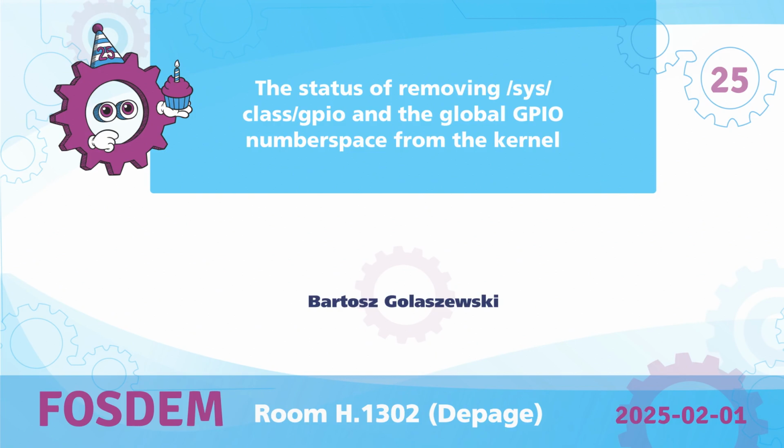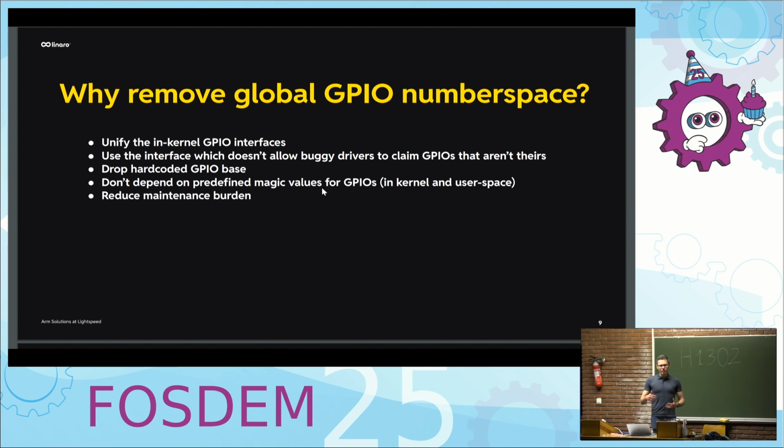There are many drivers still in the kernel which use a hard-coded base GPIO number because if you have several controllers and they come up at different times, the probe ordering can change, and then the numbers will not be the same. They will not be what you expect. So this is what led people to just hard code the base number in their GPIO drivers. And again, that's not necessary if you use a proper descriptor-based interface. And finally, since I do maintain that subsystem, I have a personal interest in reducing the maintainership burden.